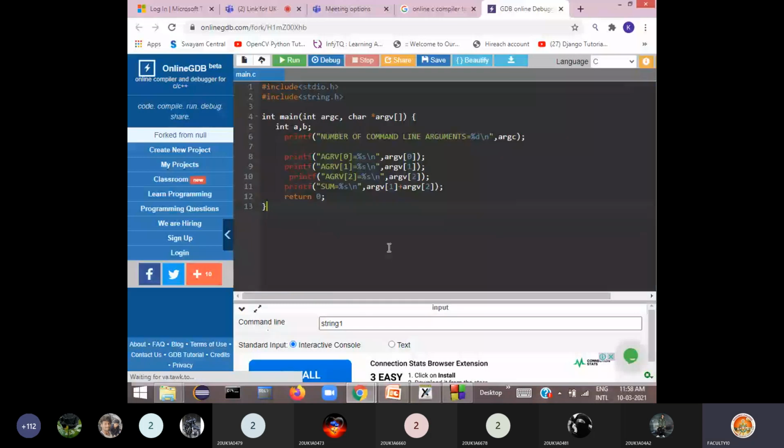Now I am passing the two numbers here, 100 and 200. Two arguments I am passing. Then if I run this, these two will be taken as strings. When you add these two strings, you are actually thinking that these two are numbers, but they are passed as strings into the program. So when you add these, you are concatenating the two strings. What happened? Just see here.